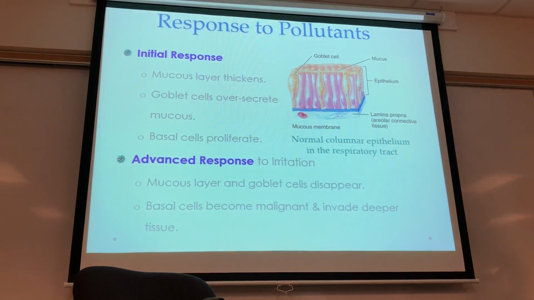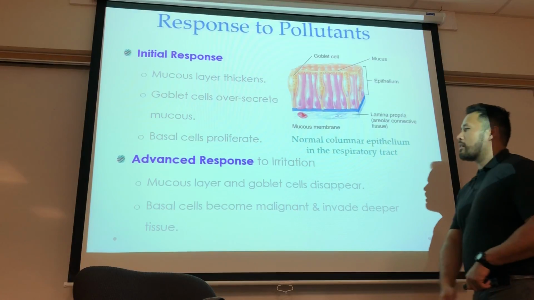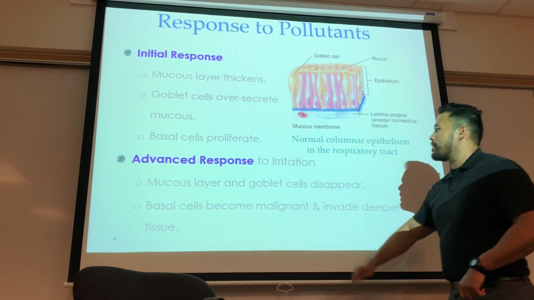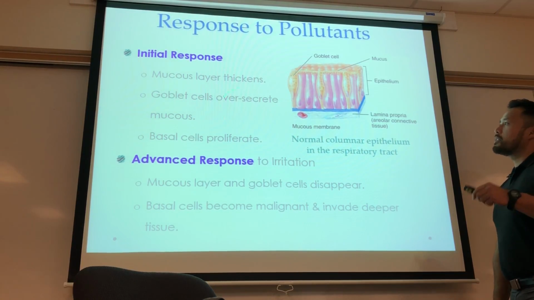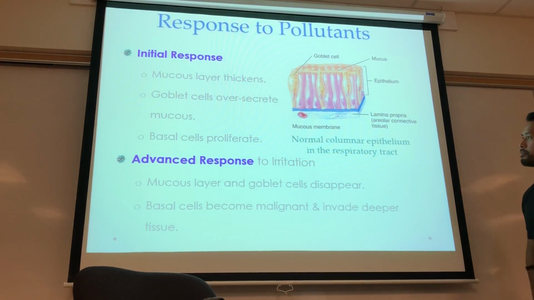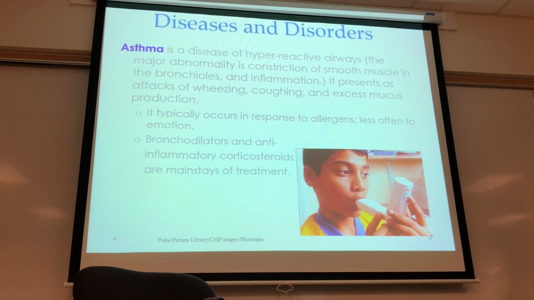Okay. Advanced response to irritation, now this is chronic exposure, and then eventually your mucus layer breaks off, and then your goblet cells start to disappear. Why? Because your basal cells were constantly turning into goblet cells, and eventually those goblet cells, because they're constantly stimulated to create mucus, eventually die off. The asthma we talked about, so these are our bronchodilators and anti-inflammatories. This would be an example of that drug that I mentioned in Tuesday's lecture, or last Thursday's lecture, where